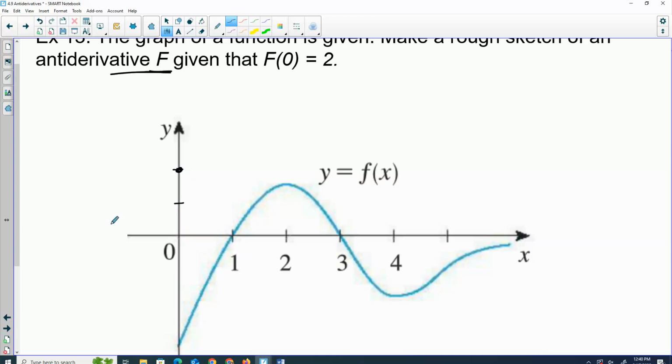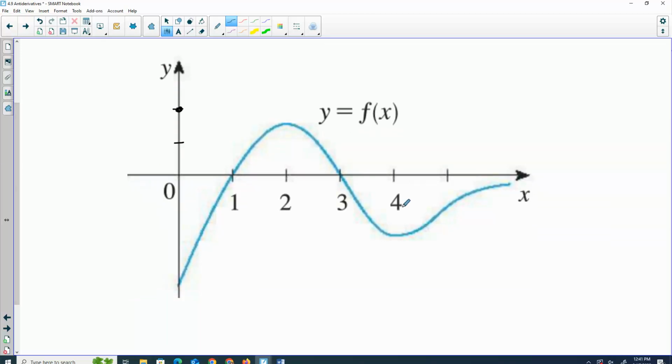How do we know the reference? Or wait, I guess it doesn't really matter, does it? I was just saying because it doesn't give us ones and twos for the original. Yeah, you just get to pick. Okay, so we are used to looking at a function and graphing the derivative. Now we have to